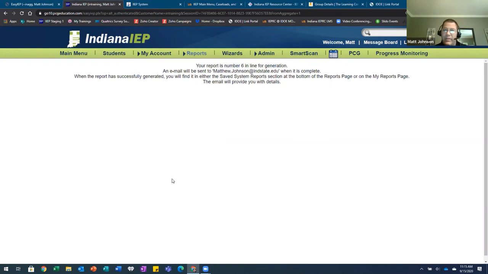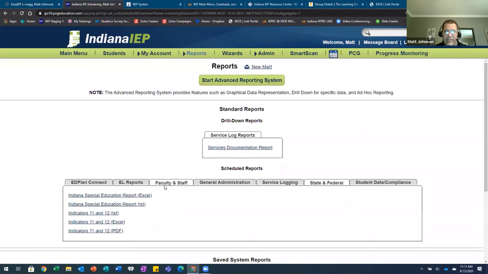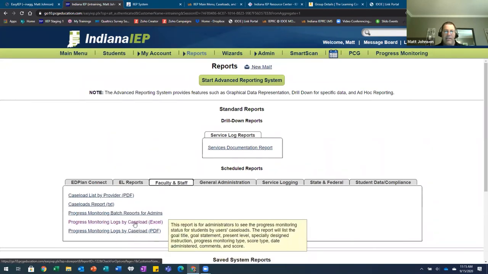So if you set a due date at the end of the 9 weeks that progress monitoring should be completed for the first 9 weeks and submitted, you can run this report and see. You don't have to go into every caseload. You don't have to go into every student. You don't have to go into every person's account and find this out. You can go under reports, go under faculty and staff, and run that progress monitoring goals by caseload, and you'll get the information. So it's going to tell you